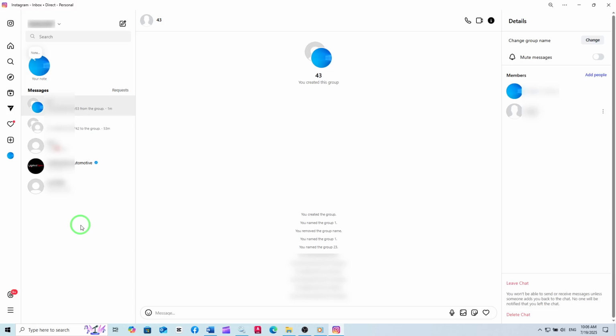Removing a member from a group on Instagram using the PC app is quick and straightforward once you know where to look. This feature helps you keep your group chats organized and ensures that only the right people are part